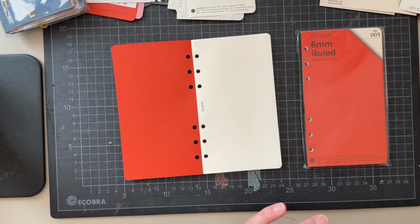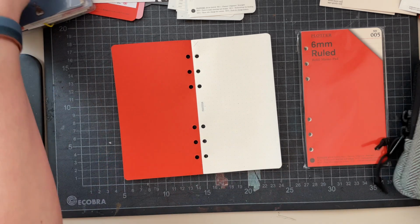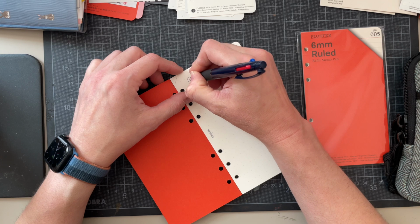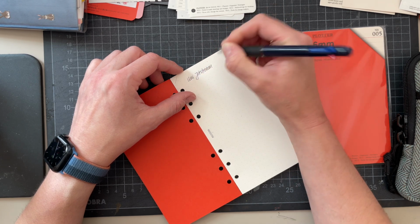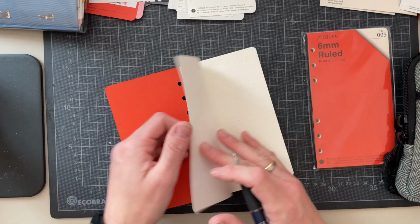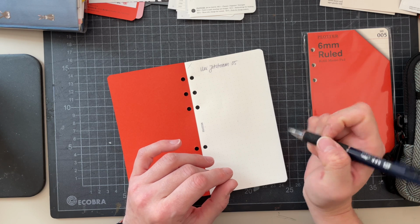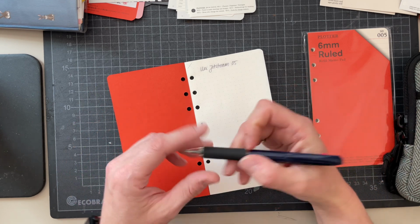Yes, we do. Let's see. The pen that I'm usually using in my planner is actually this. This is the Uni Jetstream in 0.5, and this works really well. Does it smudge a tiny bit? So this paper is definitely coated. I don't usually do this with my writing, so I don't think it's going to be a problem for me,